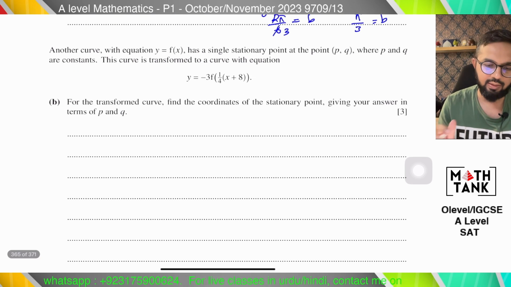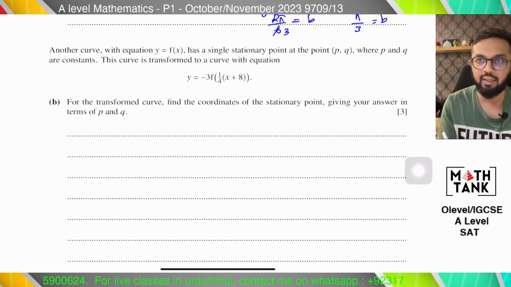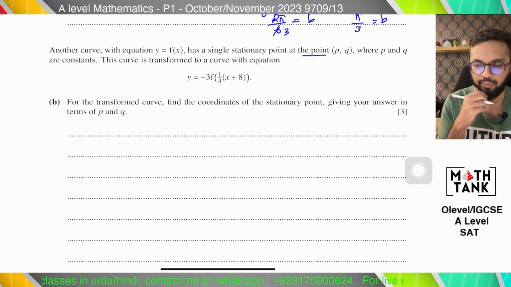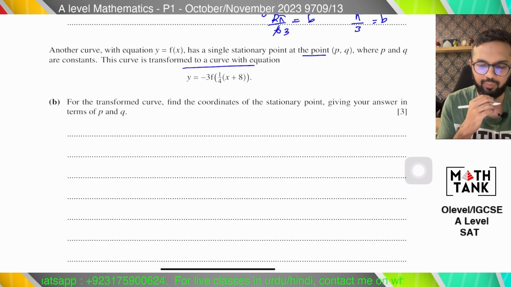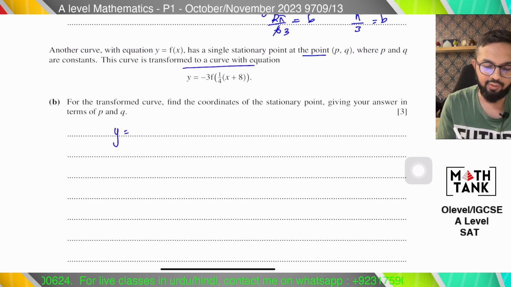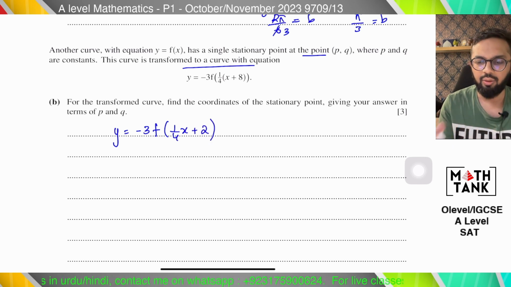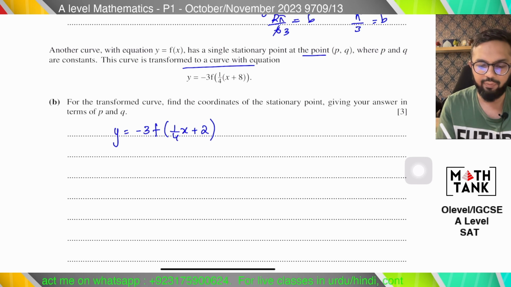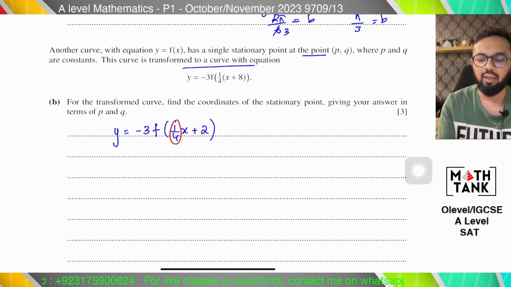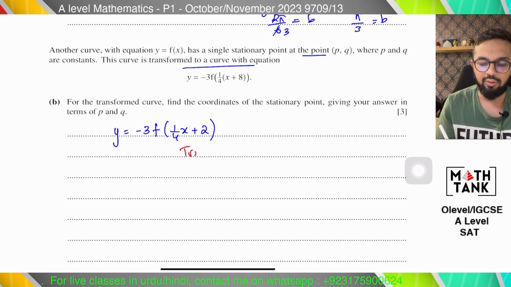Moving on to the next question, this says another curve with equation y equals f of x has a single stationary point at the point p comma q where p and q are constants. The curve is transformed to a curve with equation this. Remember that it's difficult to figure out x transformations when they are written in multiple brackets like that. I can work with one bracket only, so I'm going to keep that. Now the rule for x transformations is that if you have two transformations, one is a stretch and one is a translation, the translation always happens first,